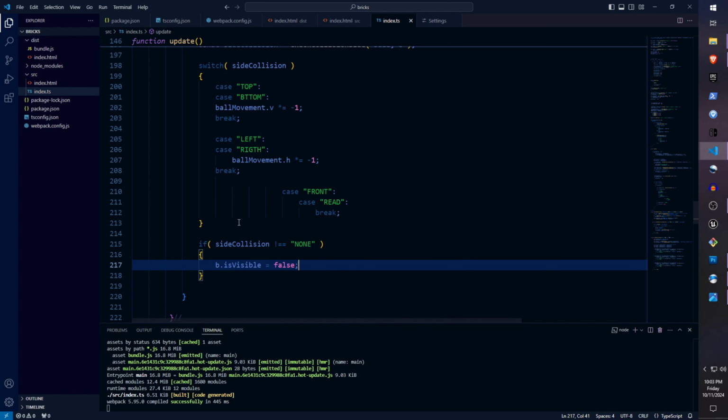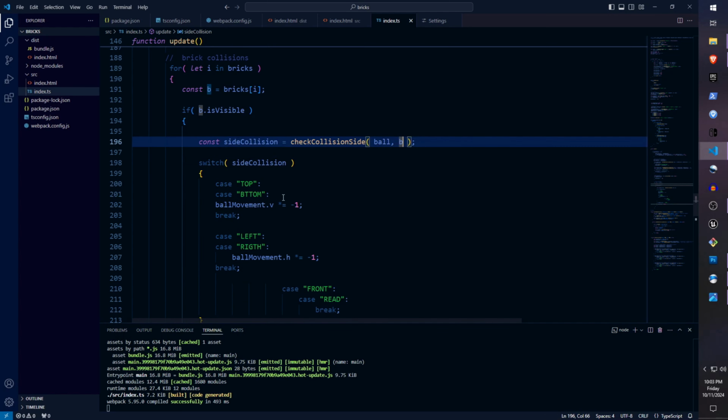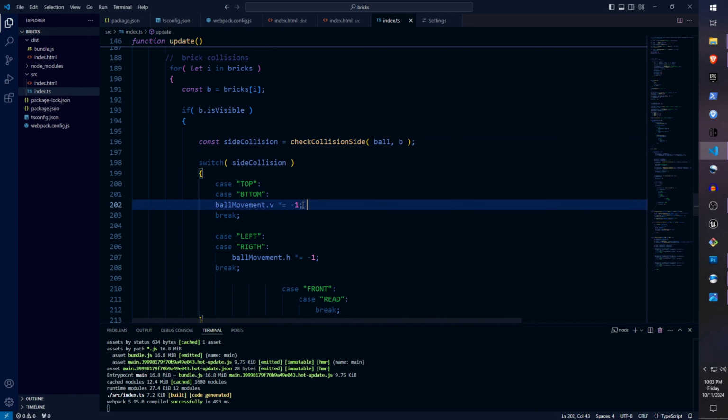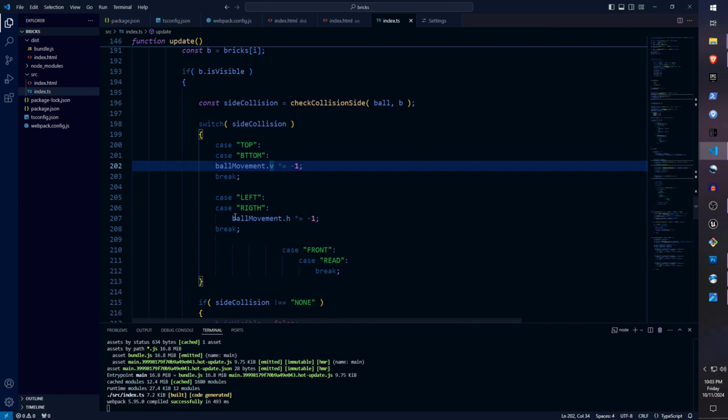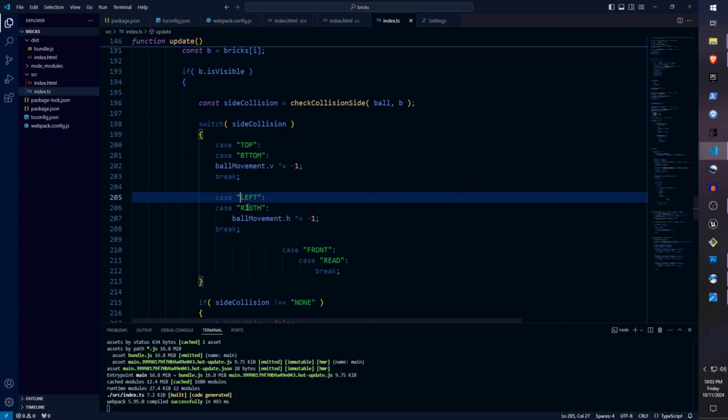Again, we're gonna iterate all the bricks, and we're gonna check if it's visible. And if it's visible, then we need to check if there is a collision between the ball and the brick. If we have a top or bottom collision, we're gonna change the direction of the vertical speed. And if we have a left or right,